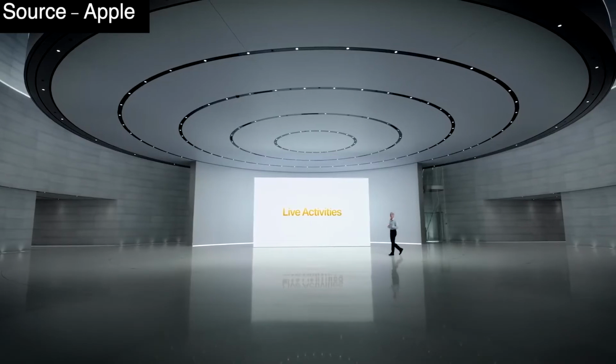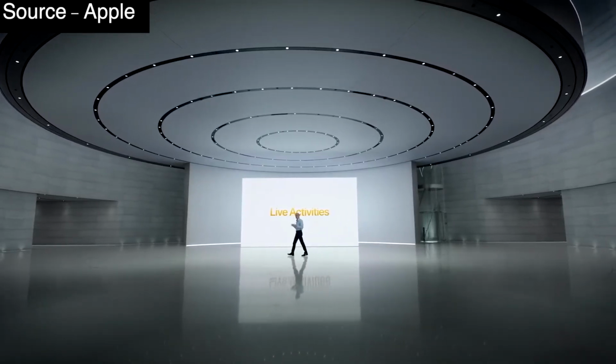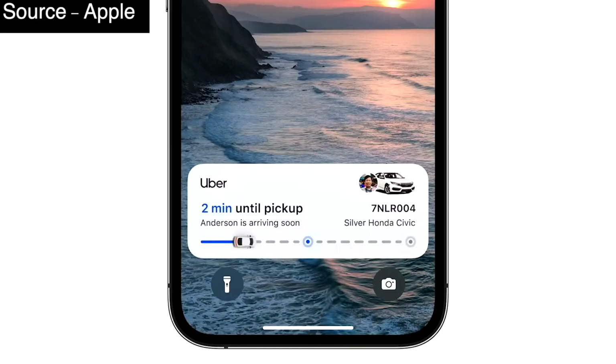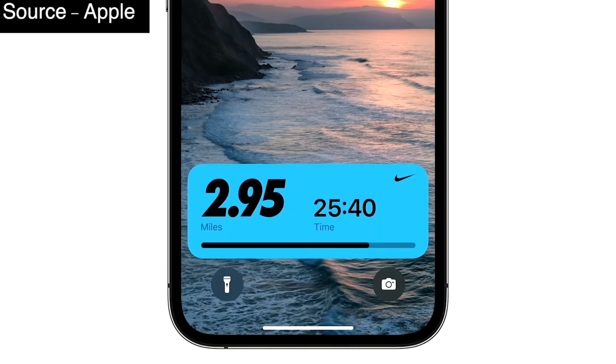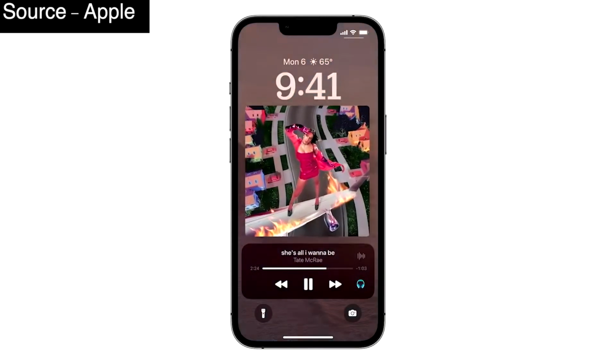Live activities make it easier to stay on top of things that are happening in real time, right from your lock screen. This will make it really easy to follow that NBA game, track the progress of an Uber ride, see how you're doing on your workout, and more. And now with live activities, the Now Playing controls can expand to a full screen view that celebrates album art